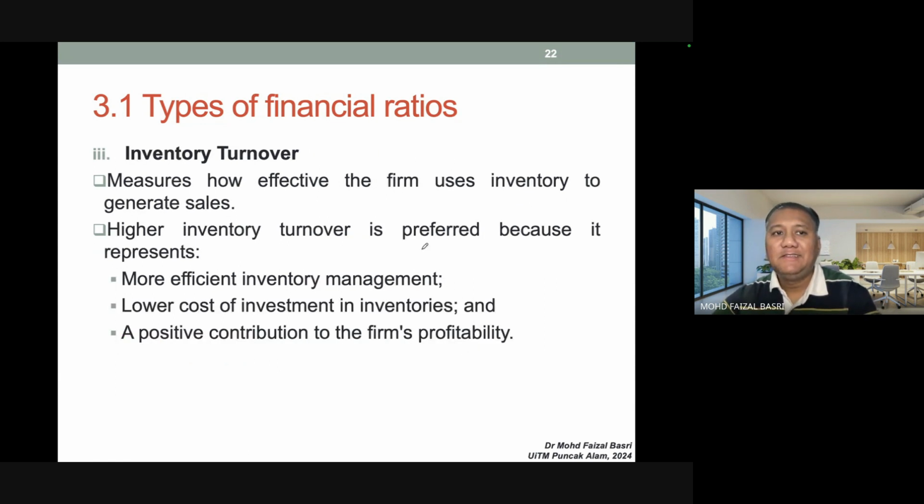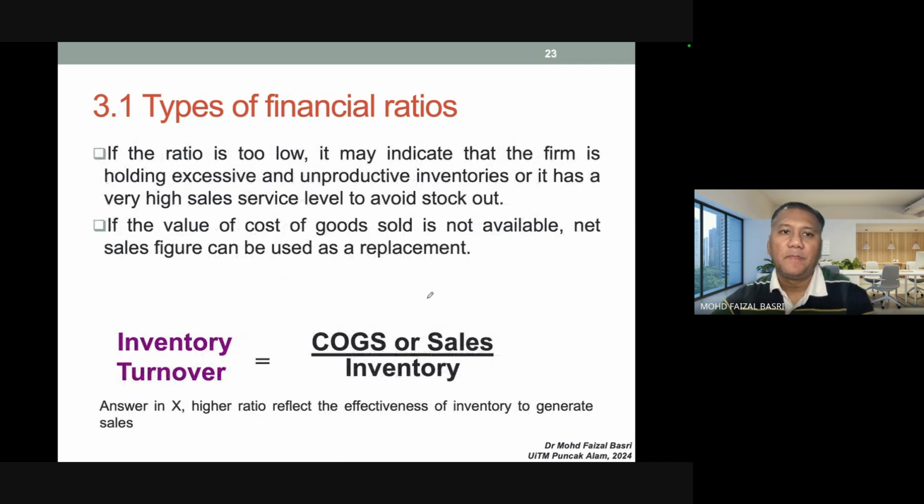The third one is inventory turnover. Okay, still ada the terms turnover kat sini. So it measures how effective the firm uses inventory to generate sales. Again, higher inventory turnover is preferred because it represents more efficient inventory management, lower cost and so on. So, untuk inventory turnover, this is a special case. I letak asterisk kat sini. Kenapa special? Sebab